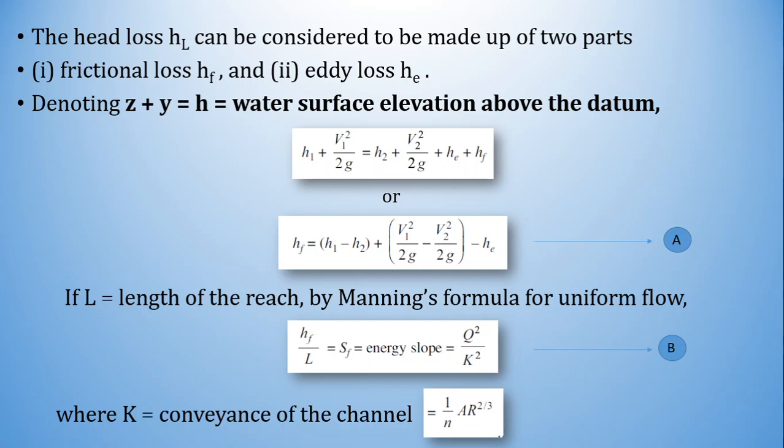For section 1, the K value will be different depending upon characteristics like area, Manning's coefficient, and the hydraulic radius R, which we have to calculate while solving the problem. We have to calculate the value of K at section 1 and section 2, and with the help of a formula we find only one value of K, as K is equal to the square root of K1 into K2.